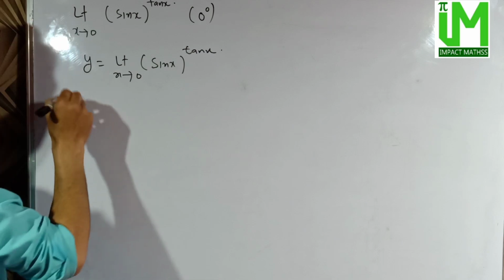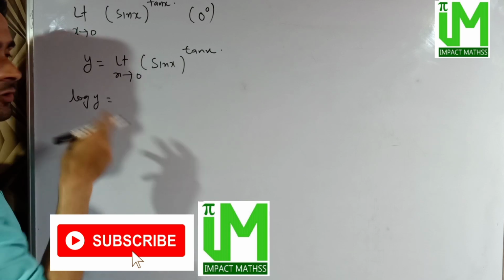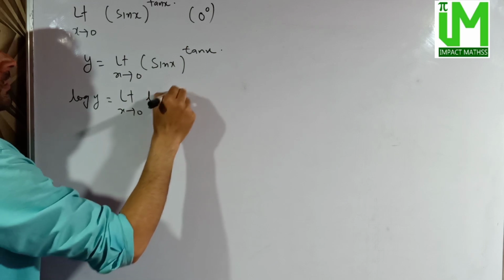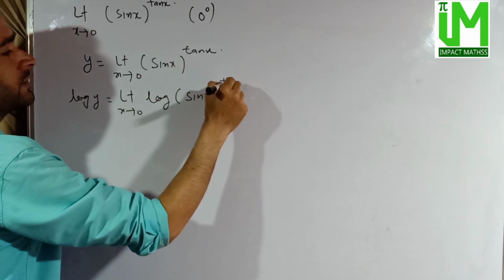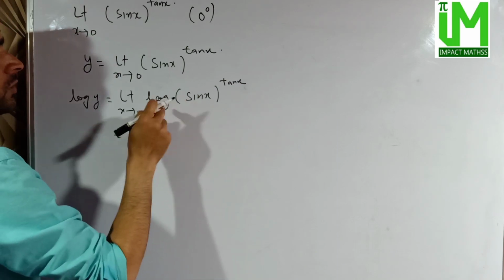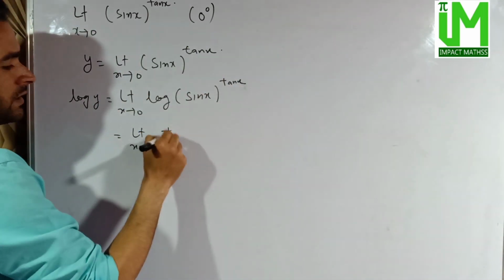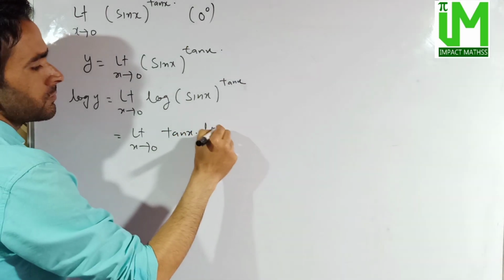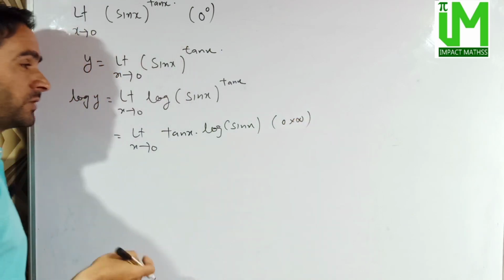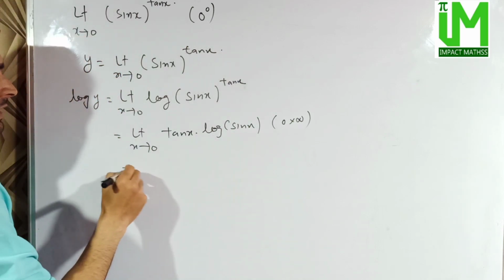Taking log both sides, log of y is equal to, and we know log of limit is limit of log, so it will be limit x approaches 0 of log of sin x raised to power tan x. Next we can write this as limit x approaches 0, we know log of sin x raised to power tan x will be tan x into log of sin x, and this is now reduced to 0 into infinity type. Now from here we will convert to 0 by 0 form or infinity by infinity form by writing